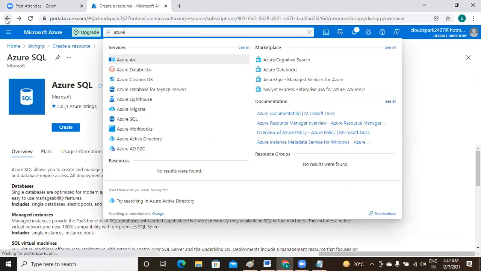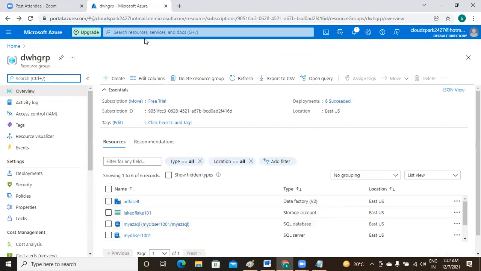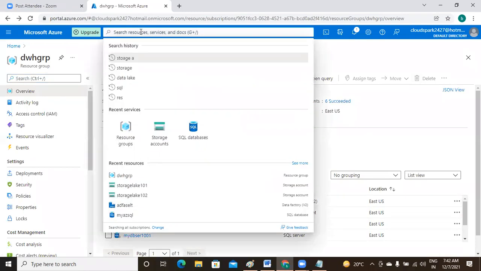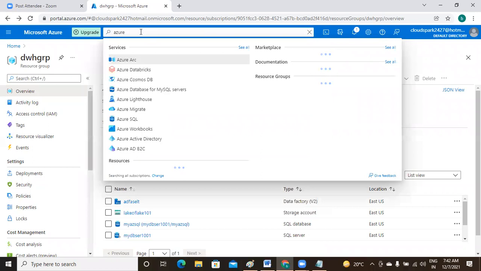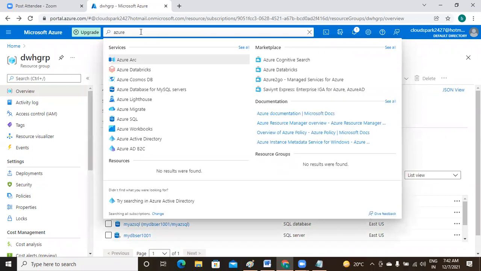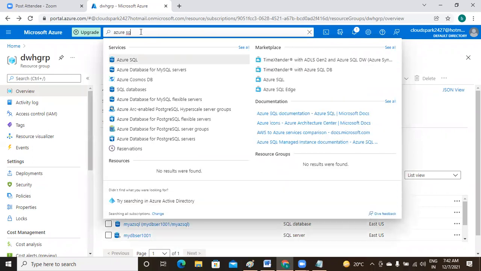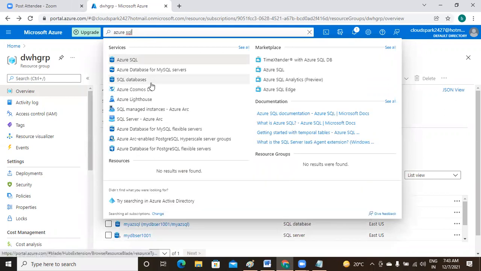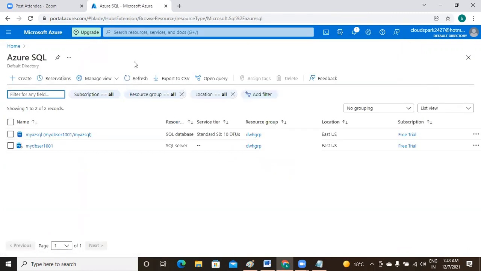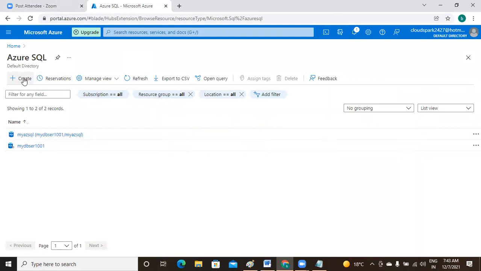Okay, same thing. Azure SQL. Here I'm creating a new one.